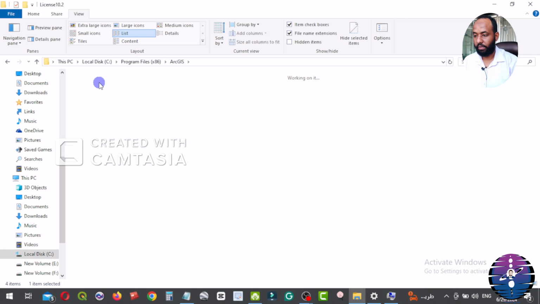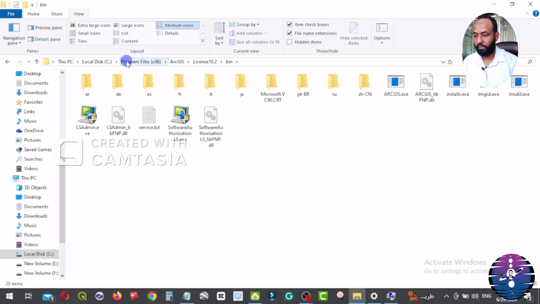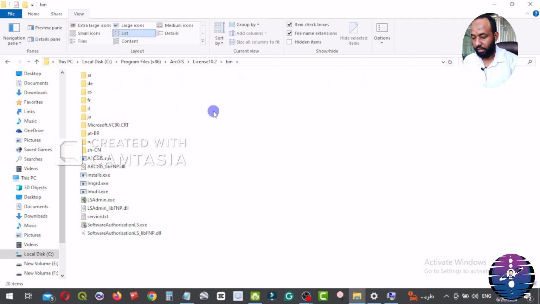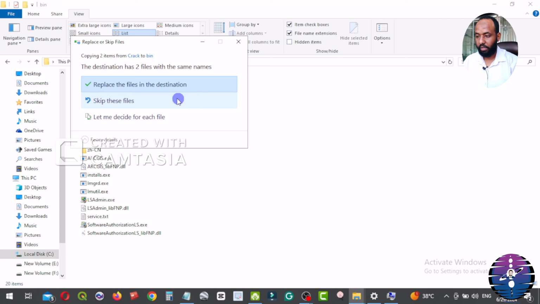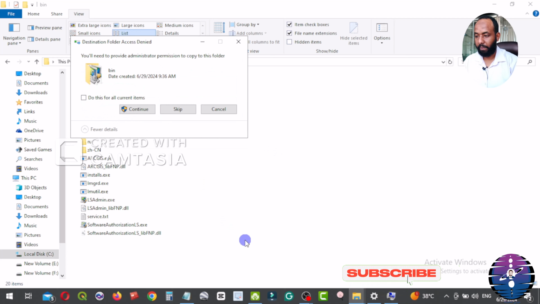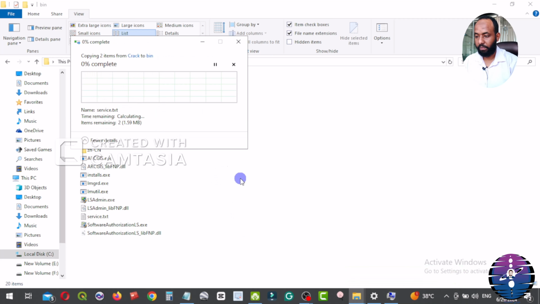License. Go to bin file here. And then insert the two files inside this bin folder. Right click, paste. Replace the file in the destination. Do this for all folders. Continue.